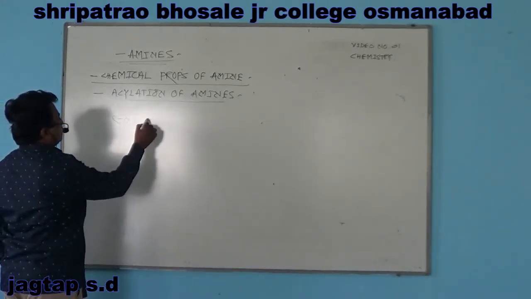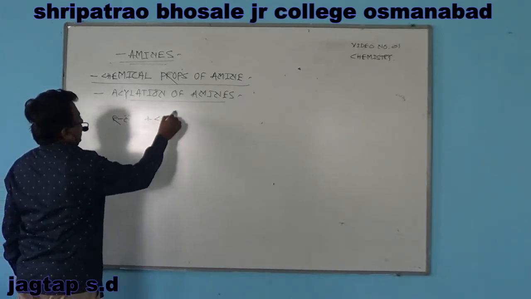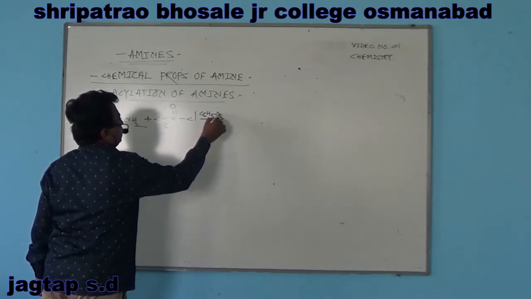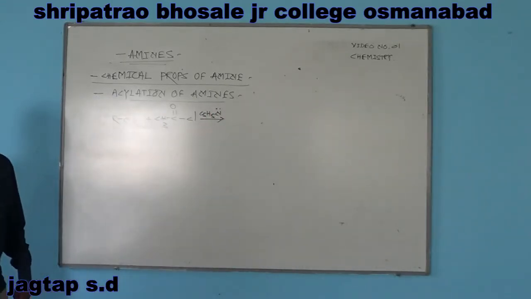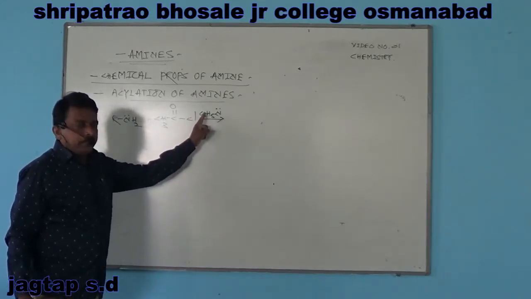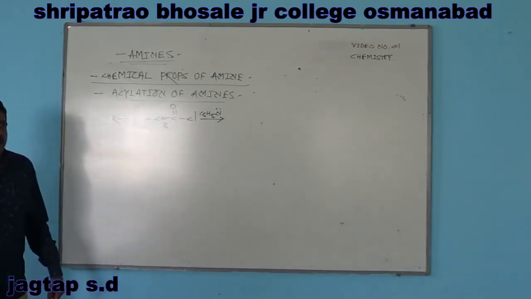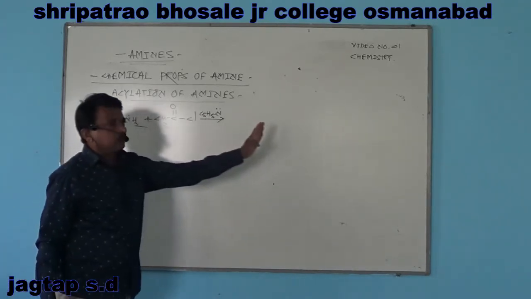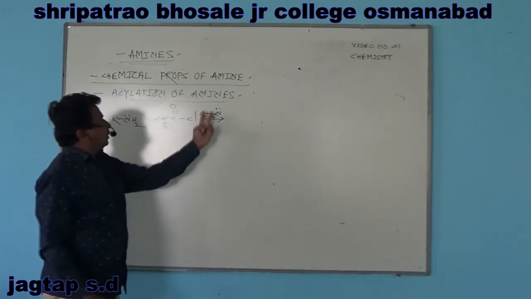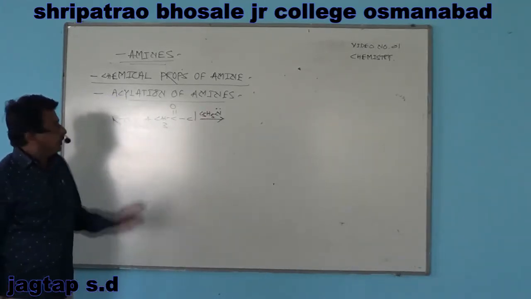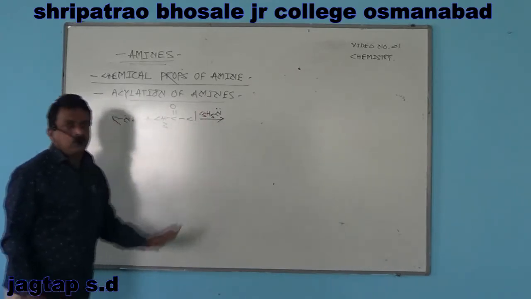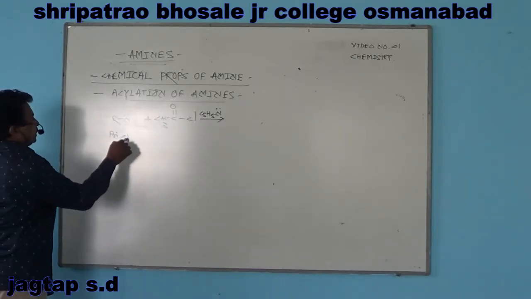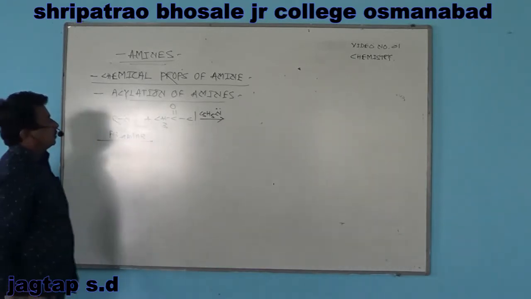Primary amine reacts with acetyl chloride in presence of a base, that is C5H5N, and it is a Lewis base. It is pyridine. In pyridine, the nitrogen atom contains a pair of electrons and has a tendency to donate the pair of electrons to electron deficient species. Here, the byproduct obtained is an acid. Therefore, the base is used as a catalyst. This reaction takes place in presence of a strong base. Primary amine reacts with acetyl chloride in presence of